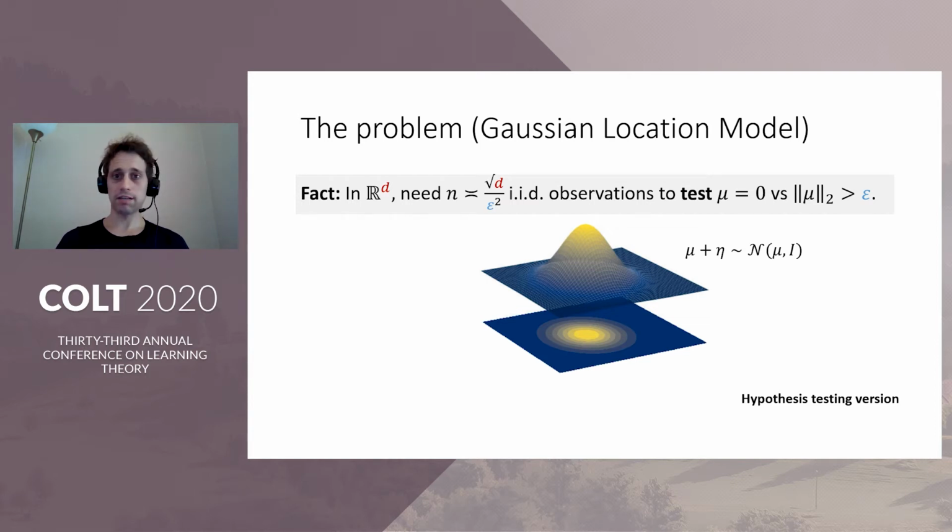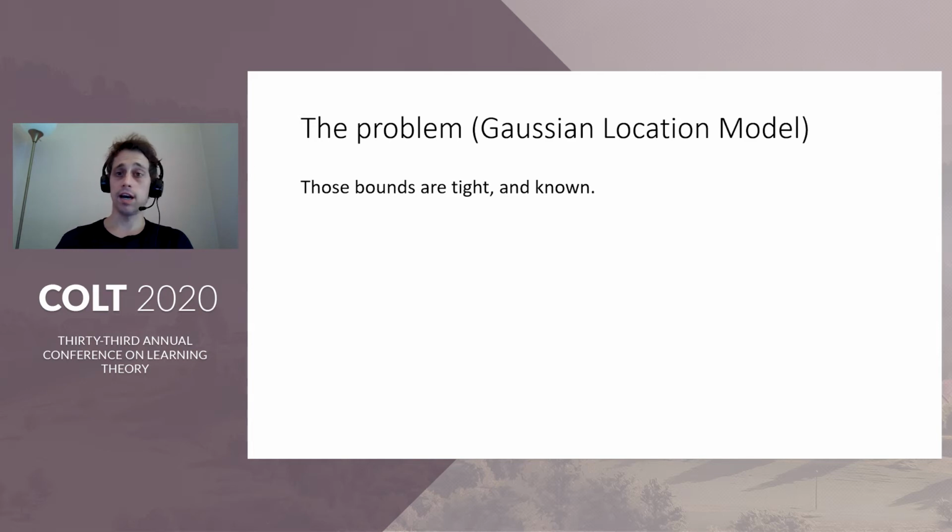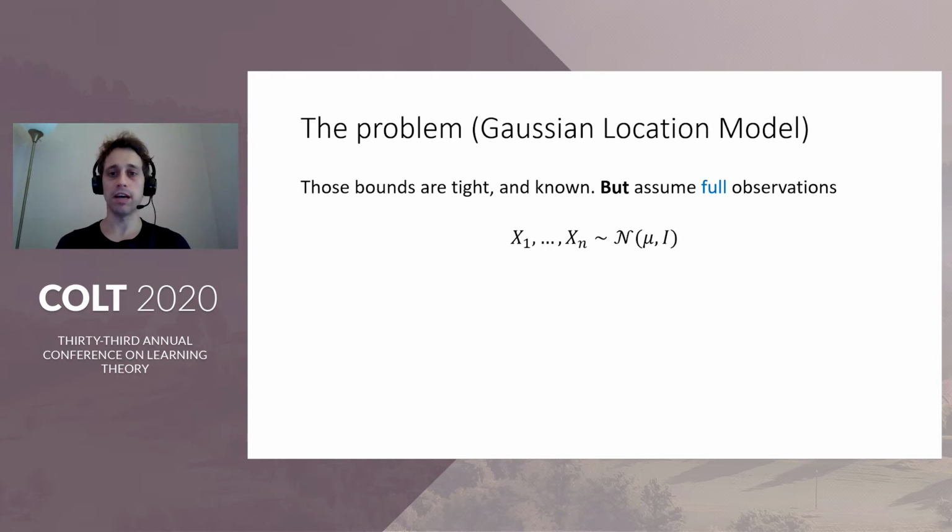Note that here it's much cheaper than learning the signal mu. We save a square root d factor between d over epsilon square and square root d over epsilon square, and d is really, as I said before, large. That's great. As we just saw, for signal estimation and detection in the Gaussian location model, we have tight bounds on the sample complexity. Assuming, of course, that we do get to observe the entire samples from the high-dimensional Gaussian,